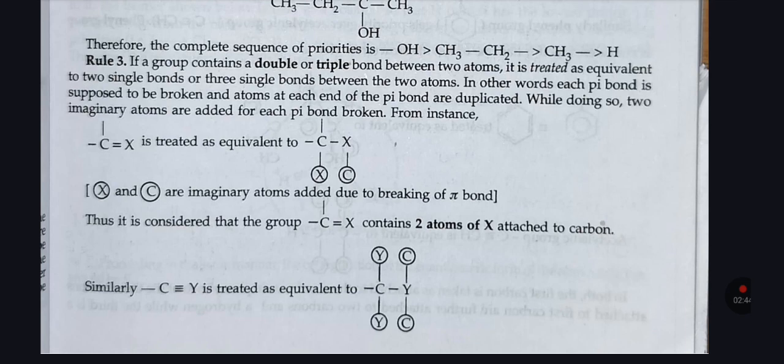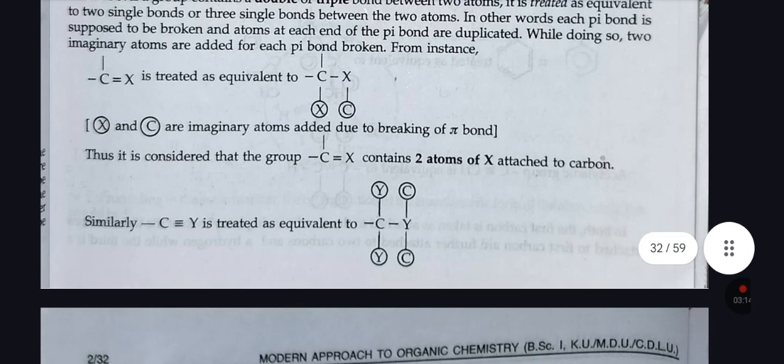If the group contains a double or triple bond between two atoms, it is treated as equivalent to two single bonds or three single bonds between the two atoms. In other words, each pi bond is supposed to be broken and the atom at each end of the pi bond is duplicated. While doing so, two imaginary atoms are attached for each pi bond broken. For instance, C double bond X is treated as equivalent to C attached to X